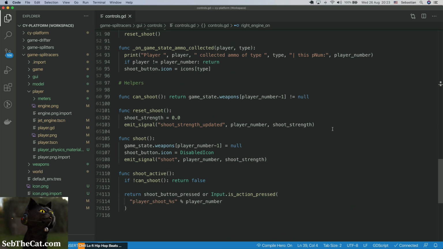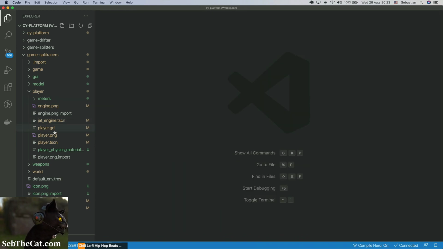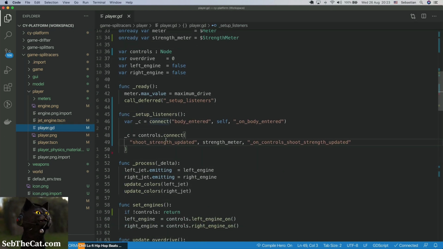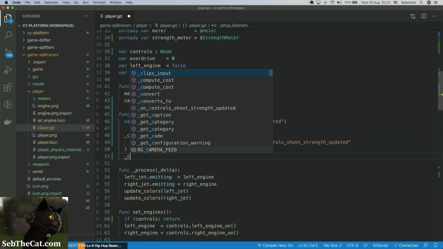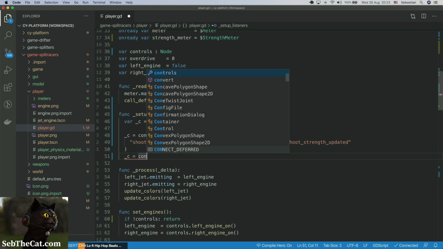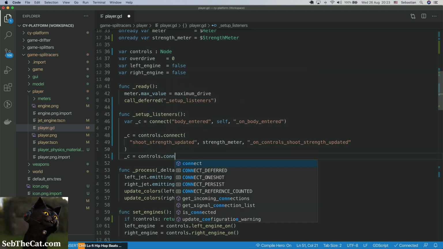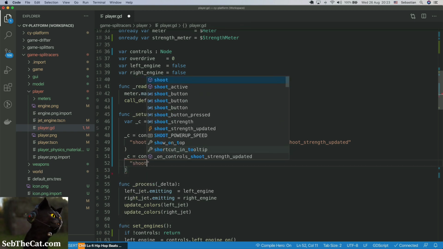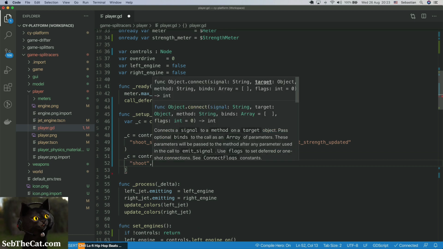Okay, so this is the controls emit signal. Okay, so the player should be listening for the shoot. So here we're going to say something similar, and we're going to say controls.connect, and we're going to listen to the shoot signal, and